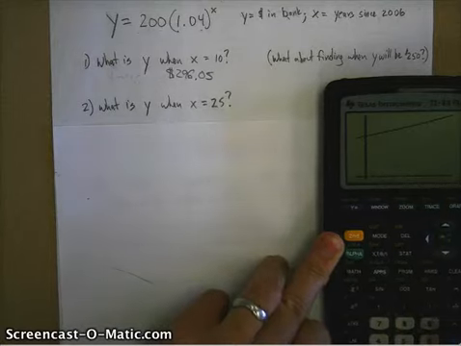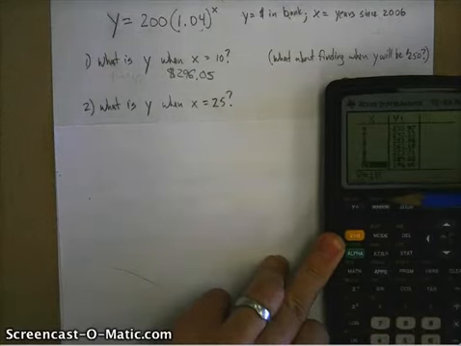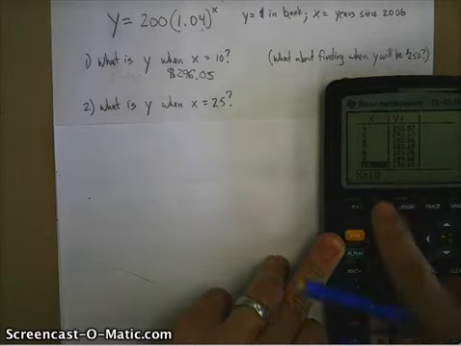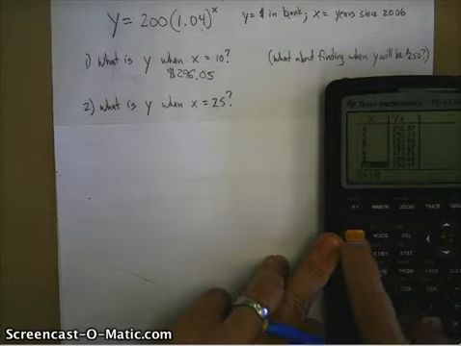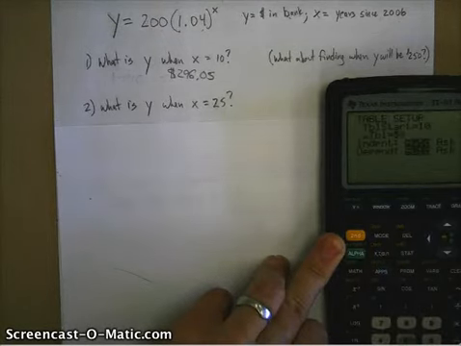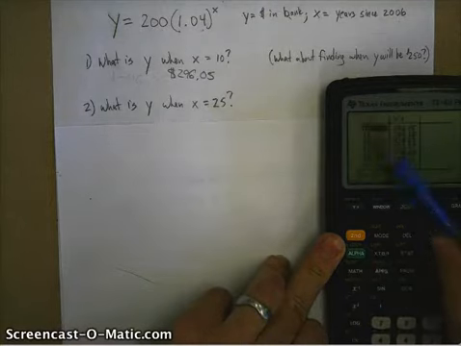Or now I can go back to the table. And I don't even want to go down, down, down. I can change where this starting number is. I can change my table set. I can also change if it goes up by 1 or not. So I'm going to go to table set, which is above window, second table set. I'm going to start at 10, and I'm going to go up every 5. Now I'm going to go back and look at my table. Oh, 10, 15, 20, 25, it says right there, is